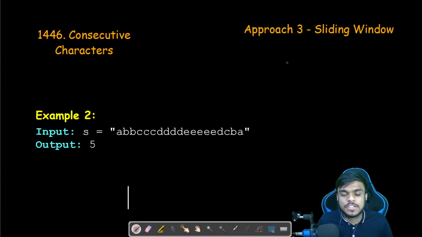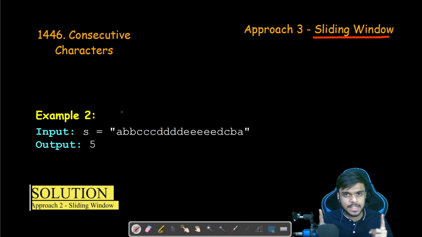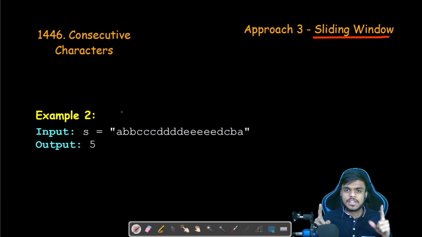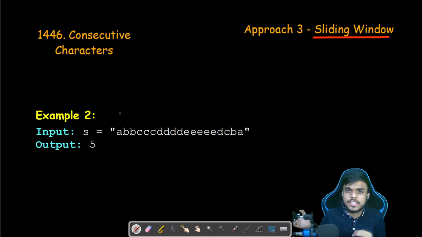Now the third approach that we'll be looking at is also termed as sliding window. What we basically have in sliding window is two pointers, start and end. The thing that is covered inside the start and end pointers is a window, or a substring in our case. So we move the start pointer ahead so that we remove certain characters to move the window ahead. And similarly, we move the end pointer also ahead to include some of the characters that were not earlier considered.